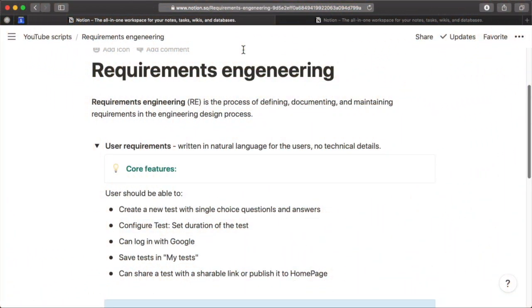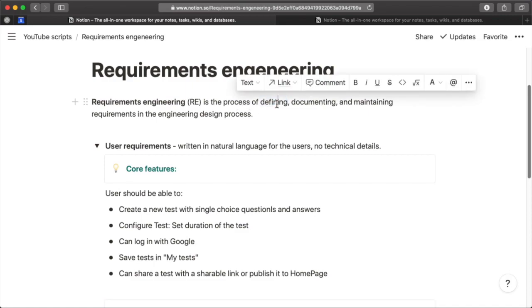So basically, requirements engineering is, as I've written here, just a process of defining, documenting, and maintaining requirements in the engineering design process. So basically, we're only going to do this part, just defining, and I want to mention that this is what I would do for my next side project. So I'm going to just define and also document the requirements for my next project. And we're talking about maintaining only later, and usually